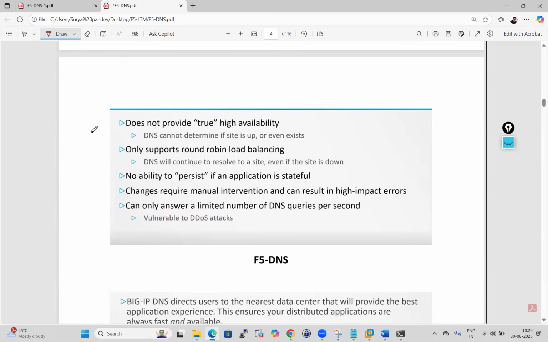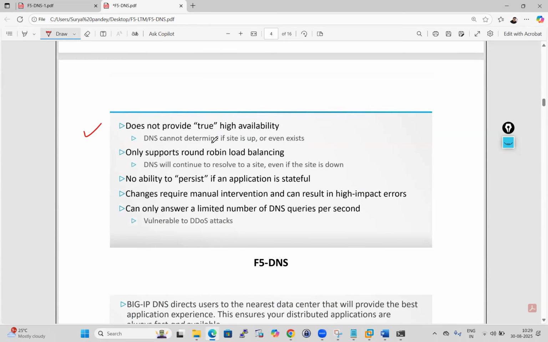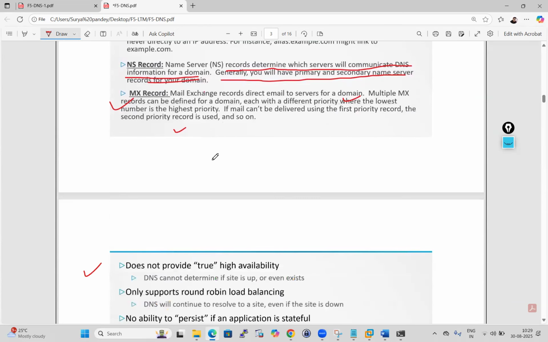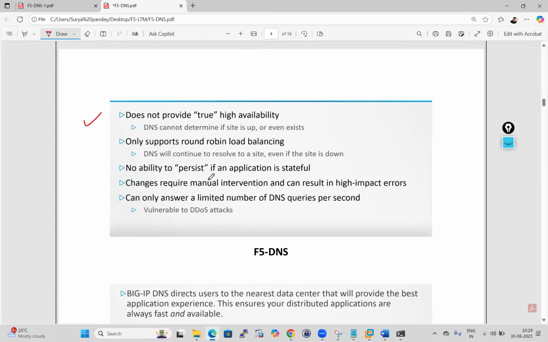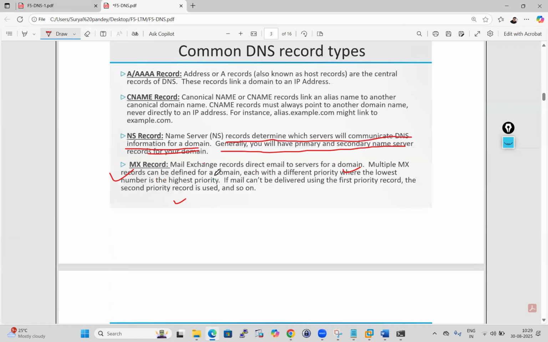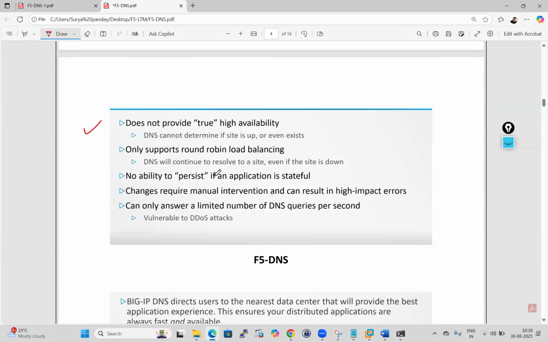There is one demerit in a local DNS. Now we are slowly going to the F5 DNS. Why I explained all these things is so that you guys can relate them with the F5 DNS. That is the reason it is important to understand the local and normal DNS concepts first. In normal DNS, we don't have the high availability concept. A DNS cannot determine if a site is up or even exists. For example,